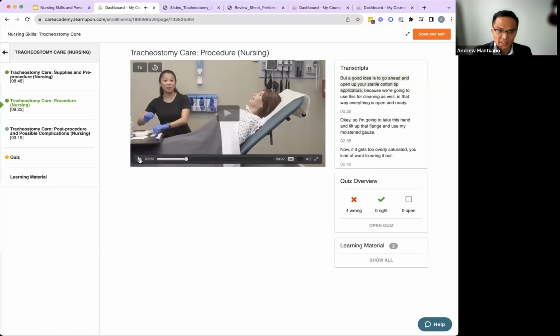Just going to skip ahead so you can see the dynamic nature of these videos with the applicators, different camera angles, the different types of media that are used to